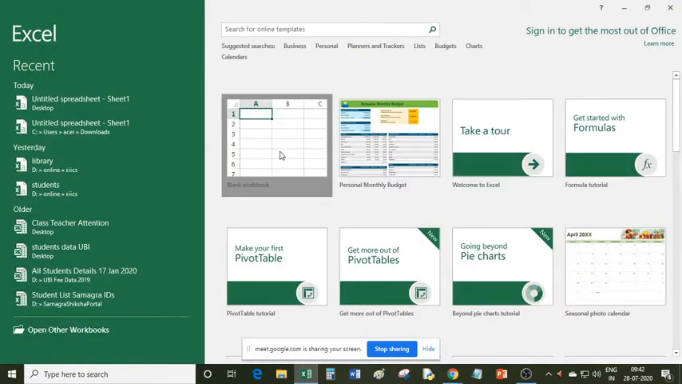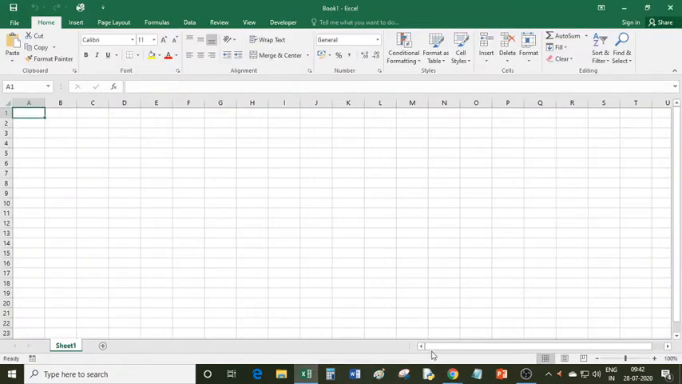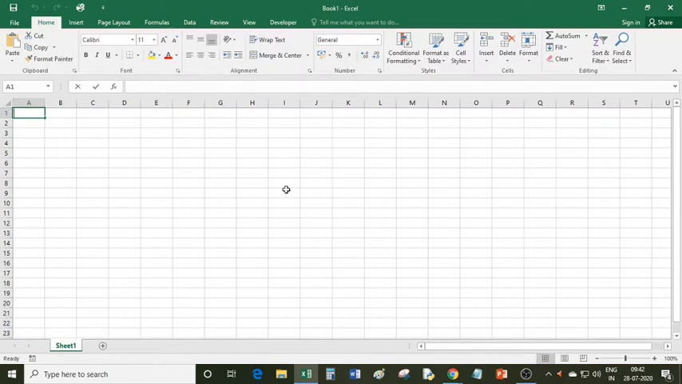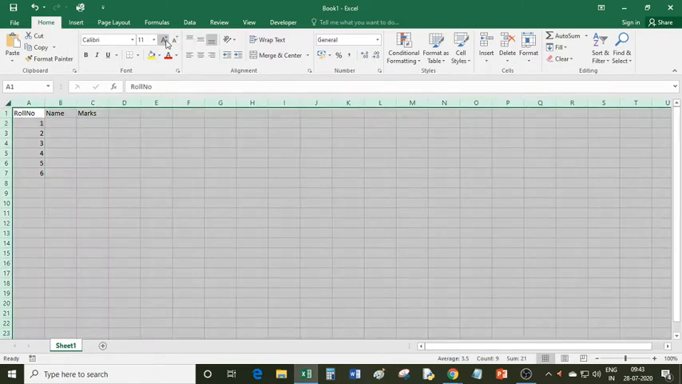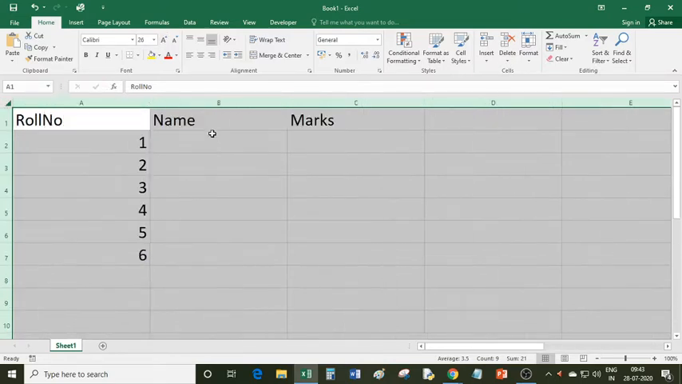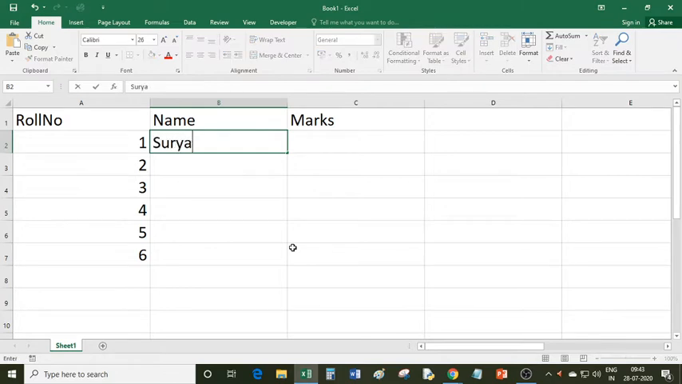So I am opening Microsoft Excel. You know that this is a spreadsheet program, so you can enter data in the form of rows and columns. So this A represents the column name A, B, C, and these 1, 2, 3 represent the row numbers, and you can enter data in the form of rows and columns. For example, if I type roll number, name, marks, so if I type some name,